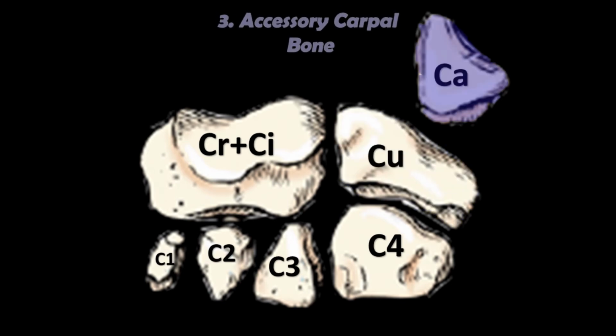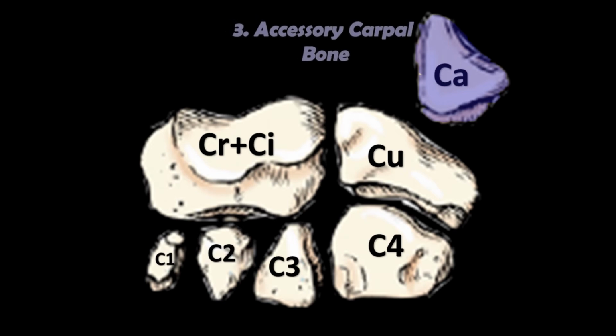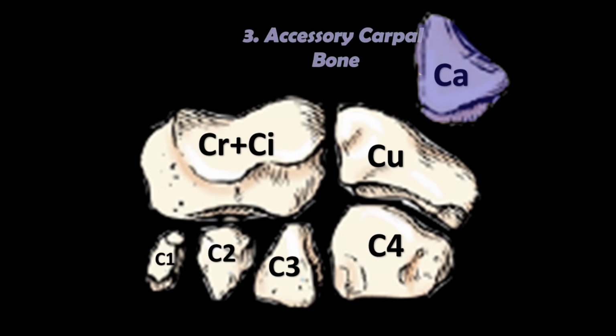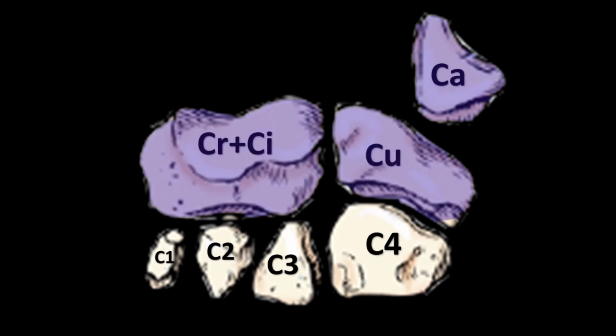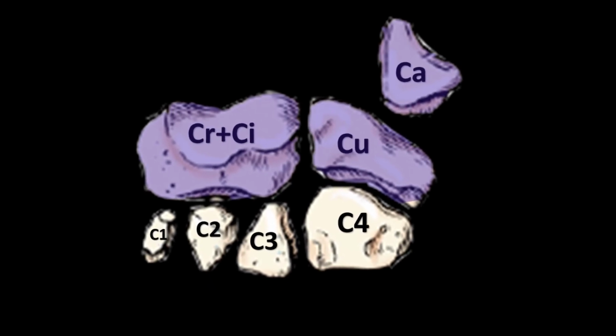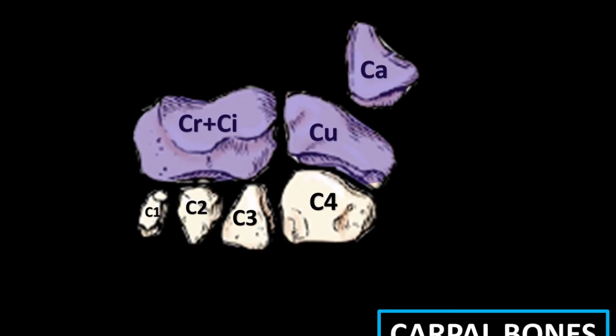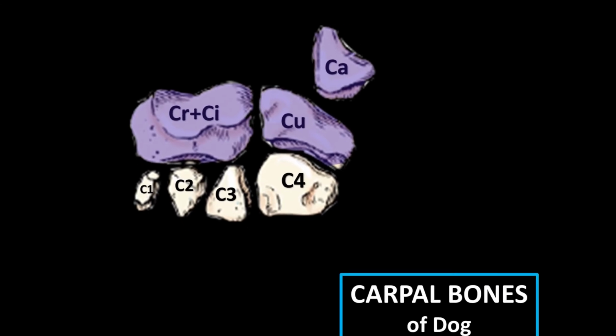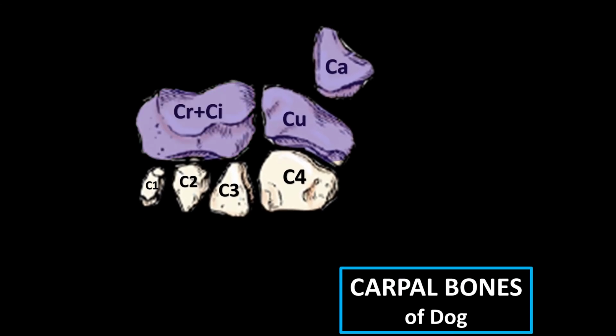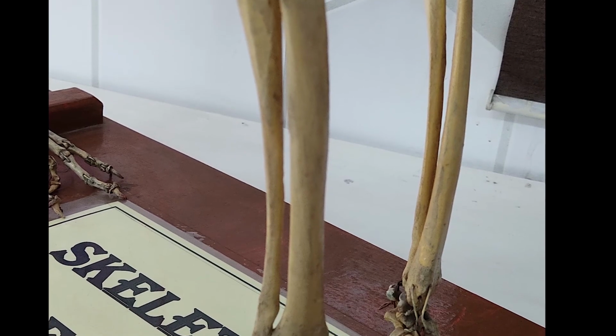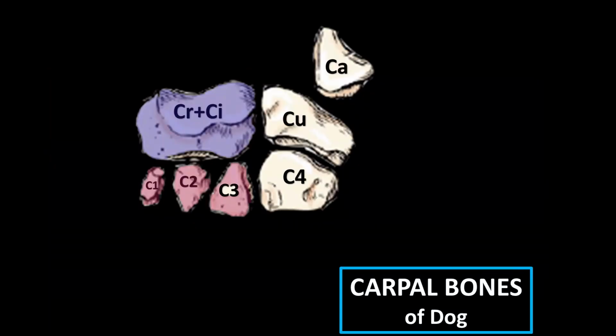Now the third carpal bone is the accessory carpal bone. It is denoted as Ca, capital C and small a. Small a denotes accessory and capital C denotes the carpal bone. I am repeating here, basically the proximal row contains 4 bones, but the numerical reduction is apparently due to fusion of the radial and intermediate carpal bones. This fused bone forms the intermedioradial carpal bone, which proximally articulates with the radius, and distally it articulates with the carpal bones of the distal row.